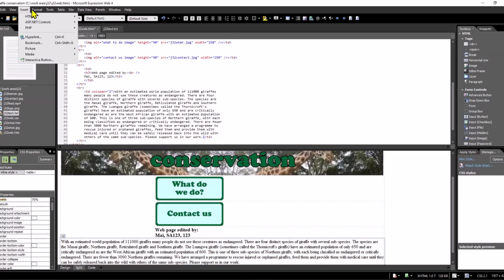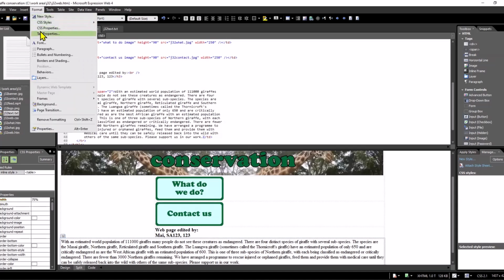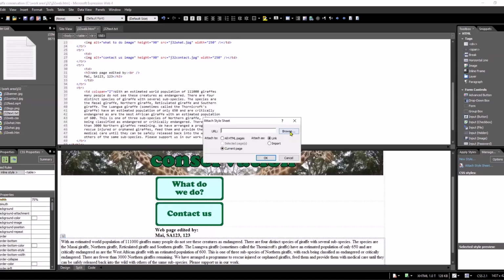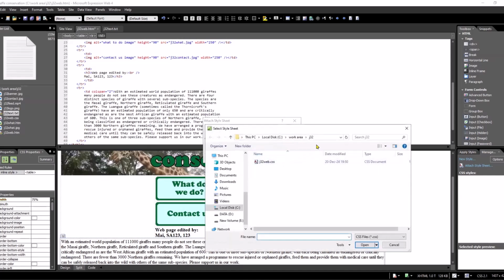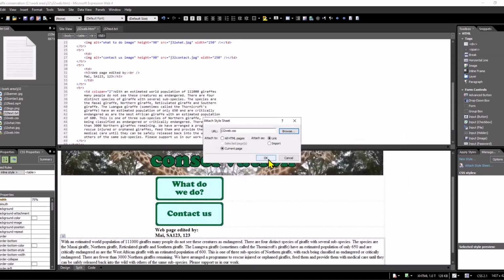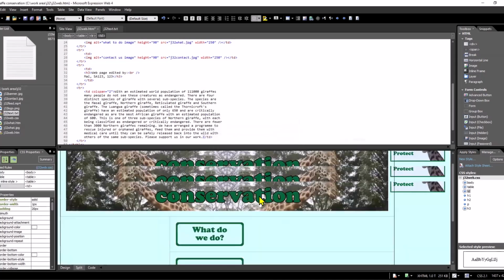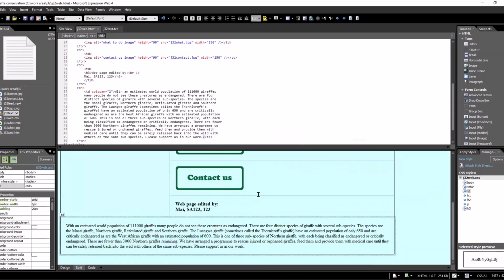It is from the Format tab, then CSS Style, then Attach a Style Sheet. They will ask you to browse where your style sheet is. I already copied it and pasted it inside the folder J32. So this is my style sheet. Then okay, you can see now it adjusted